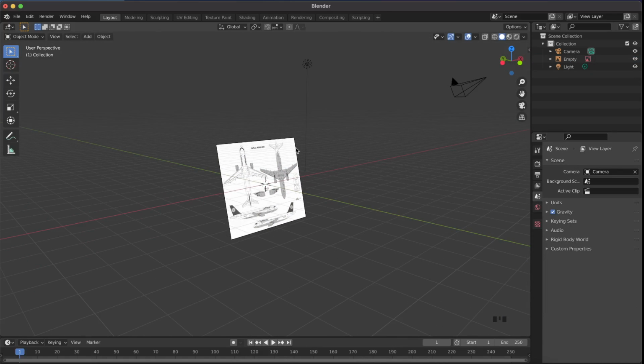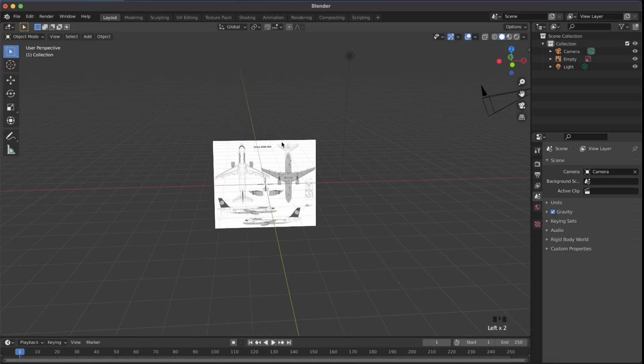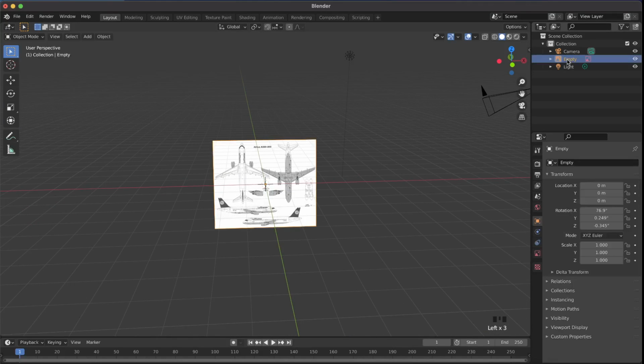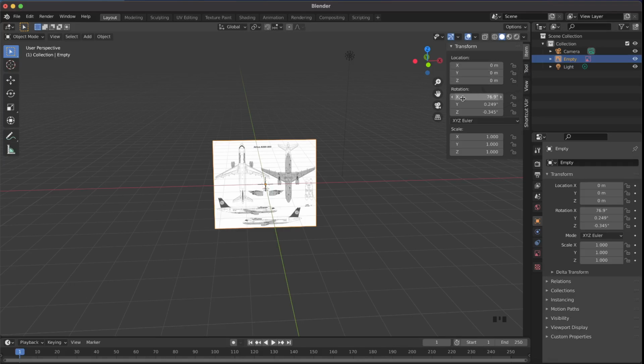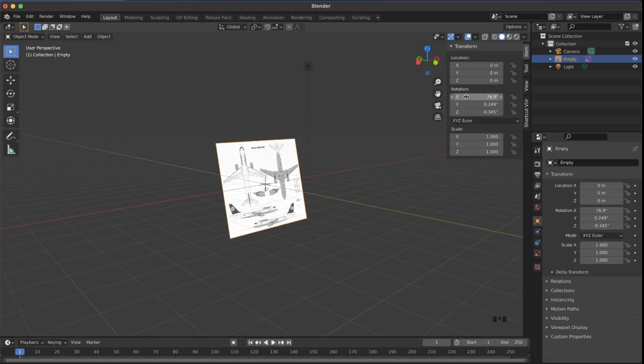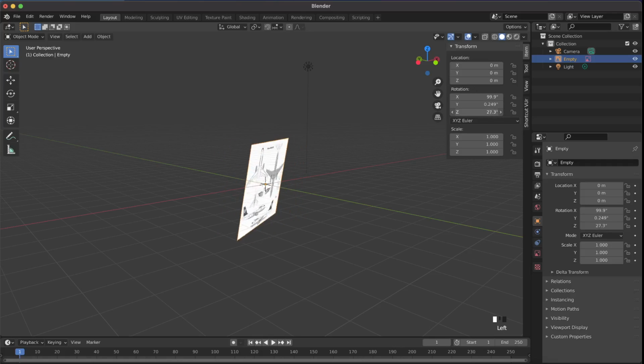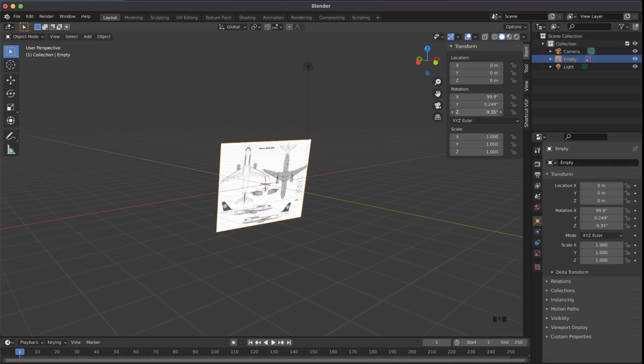Now what we're gonna do is, we're gonna be clicking our blueprint, which you can just do from here, and then click N, so N here, and go on Item. And here you should see these bunch of options like rotation, X, Y, and Z. So these are the coordinates. So if I rotate this on the X coordinate, it should become straight. Or if I rotate on the Z coordinate, it should turn around. So what you want to do right now is to change this to 90,